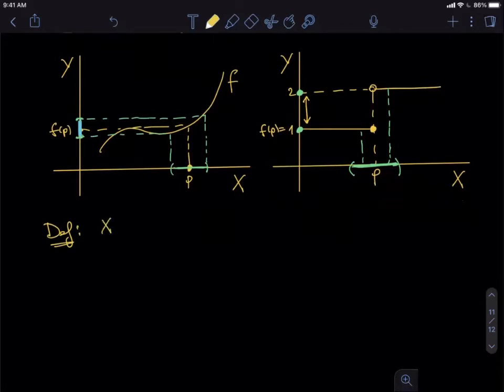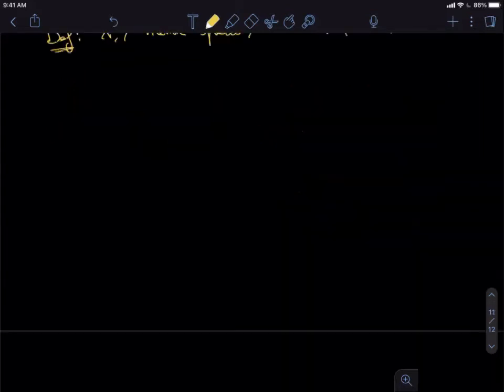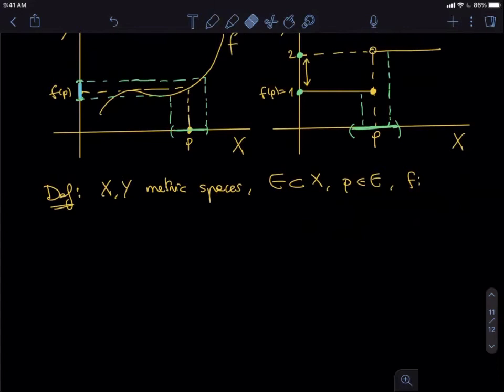So again, we have X, Y metric spaces, E in X, P in E, and f mapping E into Y. Then f is continuous at P